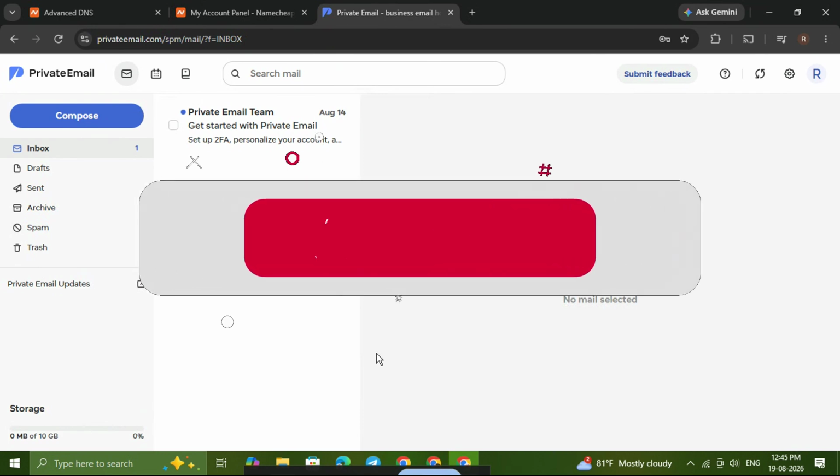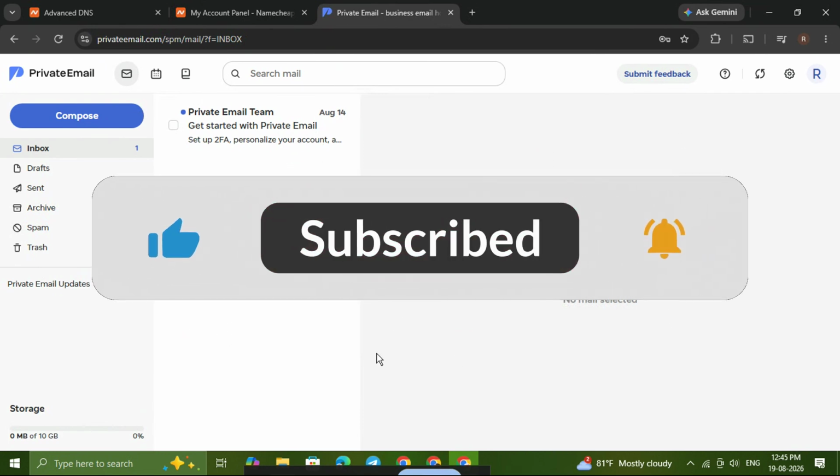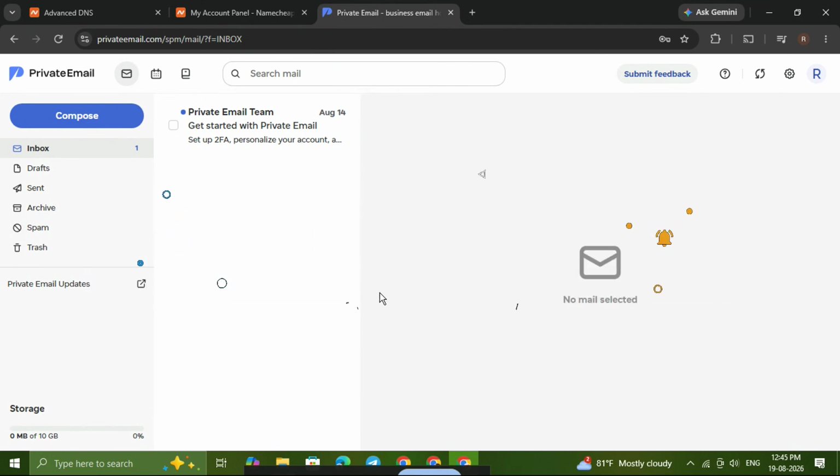First, open your browser and go to Private Email by Namecheap. Once the page loads, you should land inside the private email interface. If you're not already signed in, log in with your Namecheap or private email account details so you can access